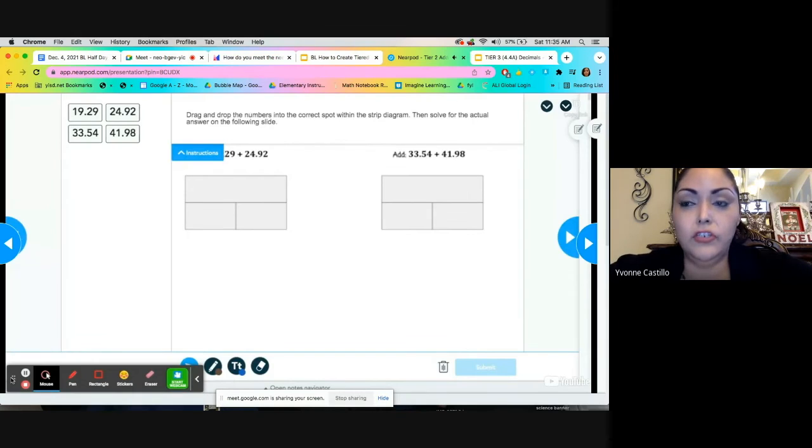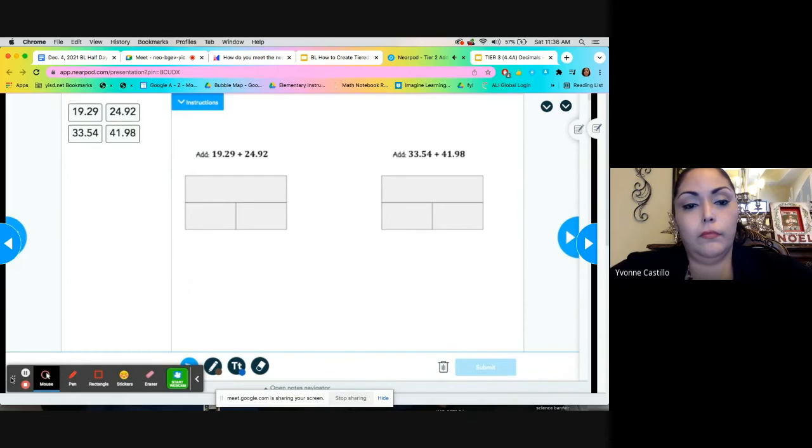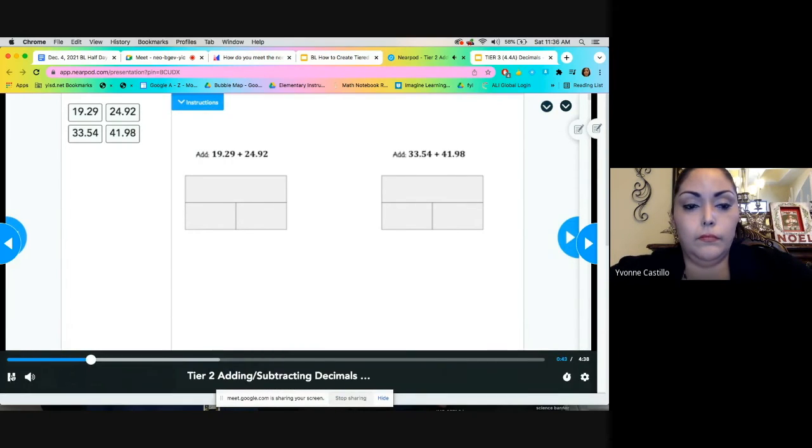Okay, I'm going to explain what you're going to be doing for this activity, which is the drag and drop activity. So the instructions read that you will have to drag and drop the numbers into the correct spot within the strip diagram, then solve for the actual answer on the following slide. So here we see a strip diagram that resembles part whole. And so what you need to do is first look at the equation that is there for us. And so we see that it says 19 and 29 hundredths plus 24 and 92 hundredths. The clues that tell us if we're going to be using part or whole is the word add and the addition sign there. I know that when I'm adding, according to the...